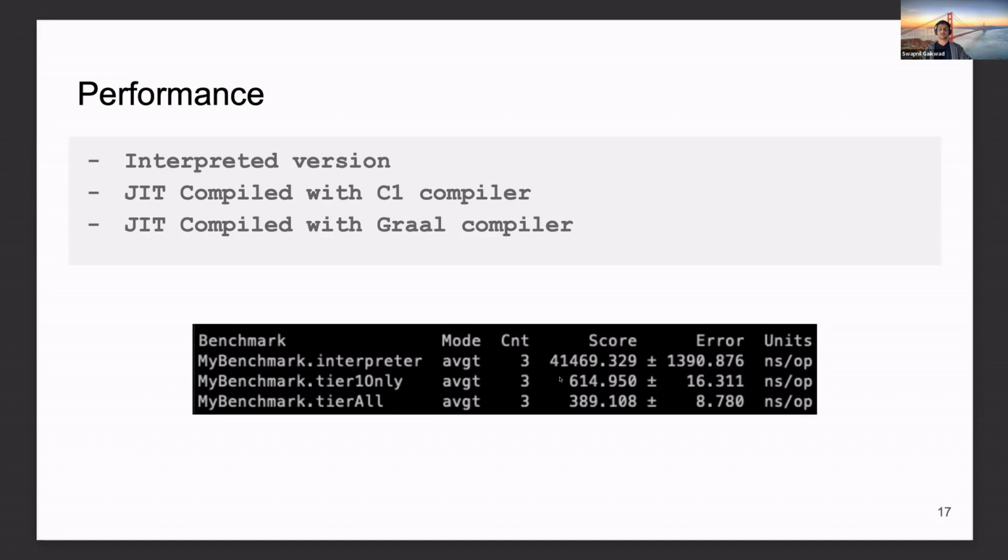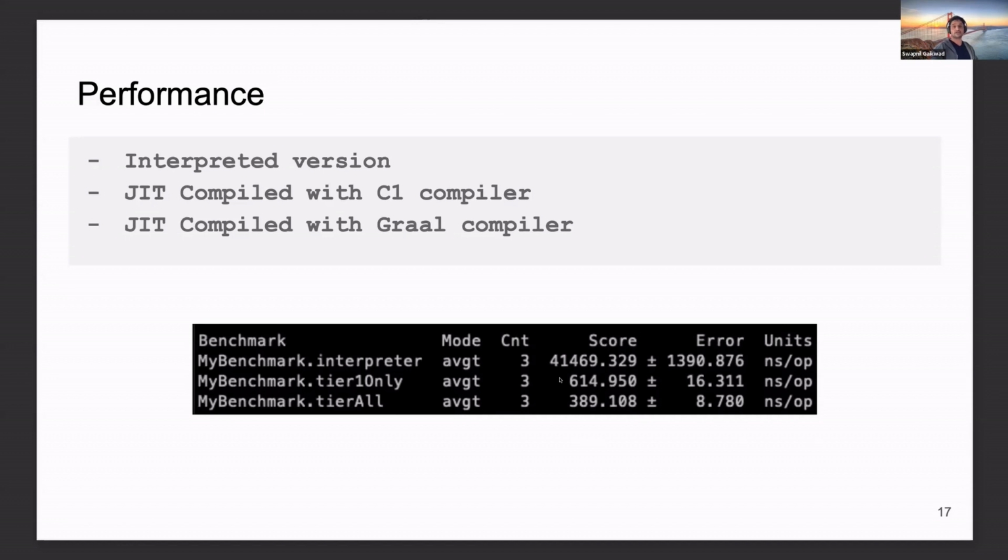And Graal will give you an even faster version of the code, but you wouldn't see much difference from client to Graal, because we have simple code. As your code example gets more and more complex, you will see the power of the aggressive JIT compiler. Cool. So you may wonder, the interpreter is less than 70 times slower, but